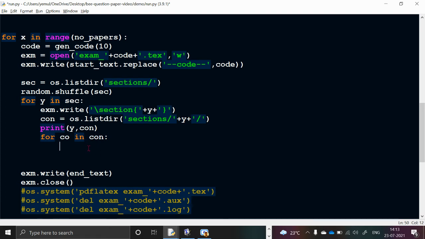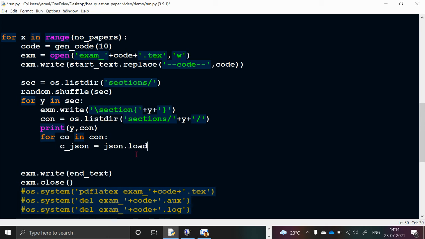Okay, so now here I have to load the JSON object. Okay, so how to load the JSON object? Okay, so C_JSON equal to, for loading the JSON object, the command is json.load.